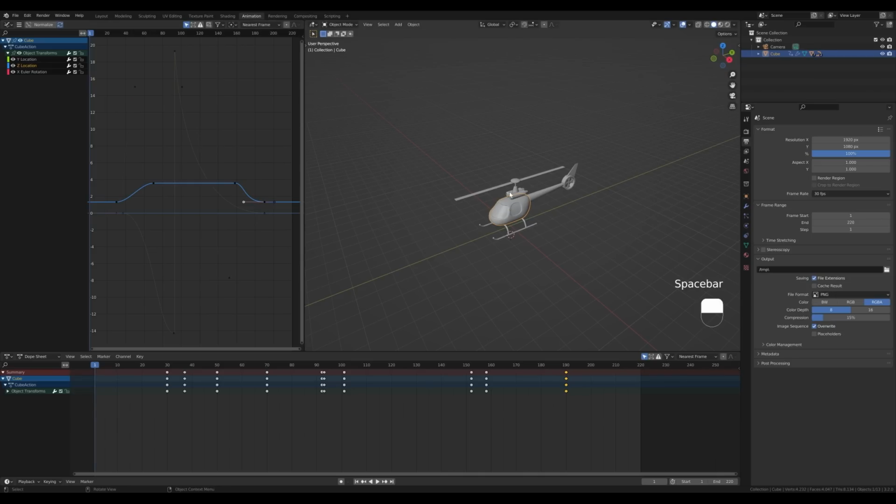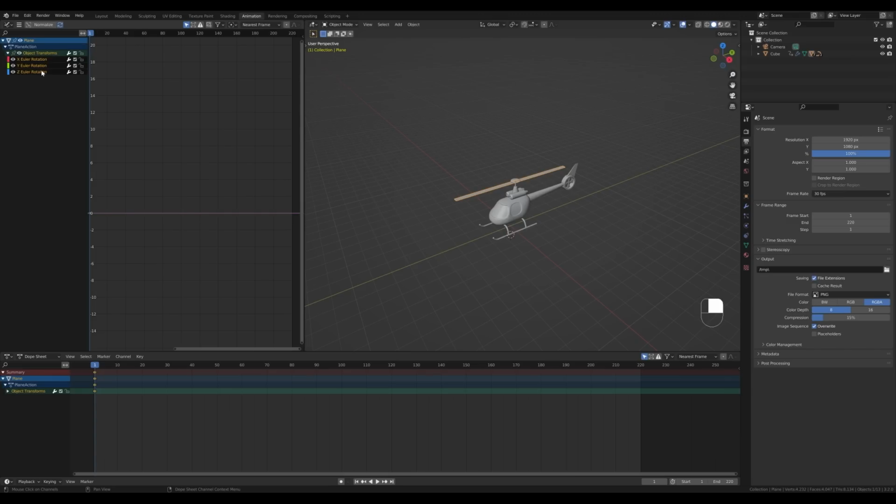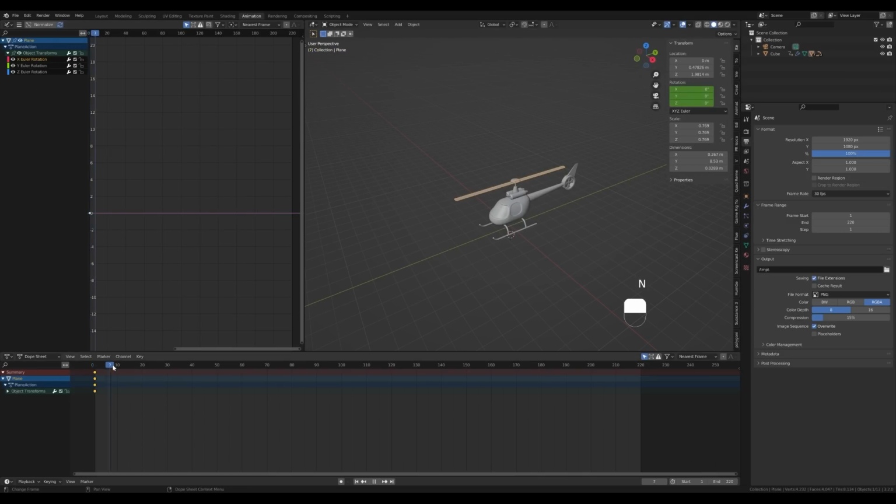So let's select the propeller. This is the thing we'll animate separately, and let's press I and insert the rotation keyframe here, and again we'll just need the Z rotation there. So let's select the X rotation, press X to delete, and same for the Y rotation. And here I will be entering number values for these rotations, so let's move to that frame 30. And we'll make 720 degrees there on the Z-axis. And let's press I, hovering over this value. We have a new keyframe there. So we can see we are making 2 rounds of rotation.